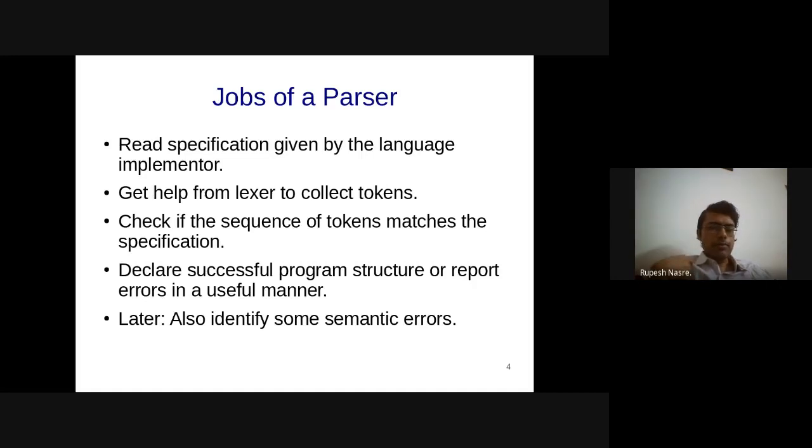In the case of our assignment statement, we said that type variable equal to number, semicolon, right? This was the specification of that particular language. So we check whether the tokens retrieved from the lexer match this particular assignment, and depending upon that, we say that it is a successful program structure. It is a successful program structure and not the semantics. It need not be a semantically valid program. And we talked about this multiple times.